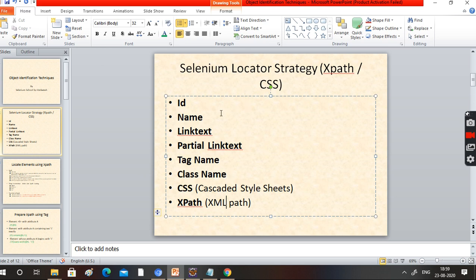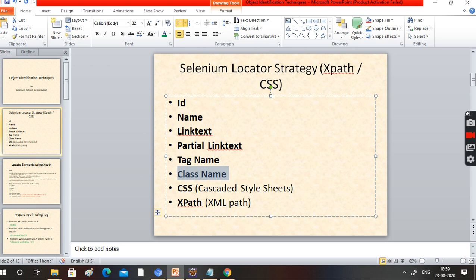So that is why the Selenium team recommends this. First try to identify with the help of the ID attribute. If it is not working, go ahead with the name attribute. If not, then the link text or partial link text. If no luck, then the tag name. Again no luck, then the class name.